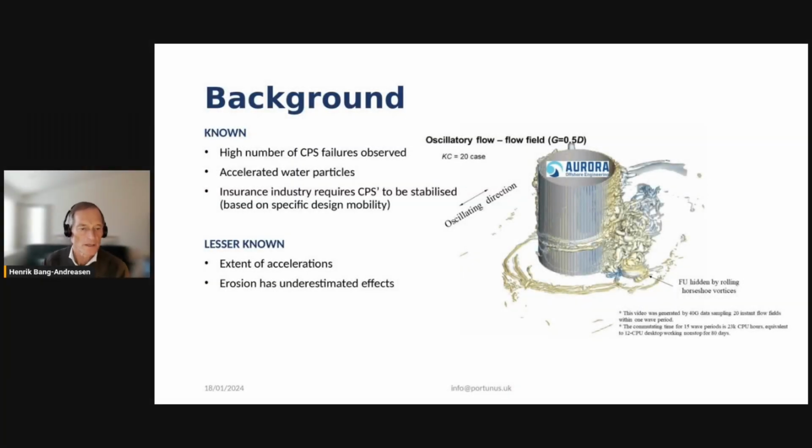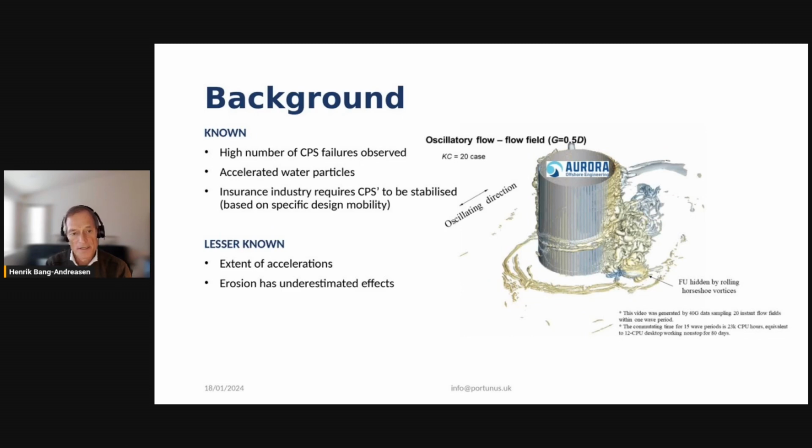Okay, welcome. The background about PSS on cable failures is the high number of CPS failures observed. And this is around the accelerated water particles around foundations. And the insurance industry requires the CPS to be stabilized, which is predominantly around a specific CPS design